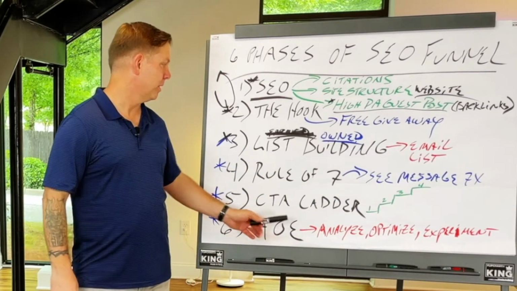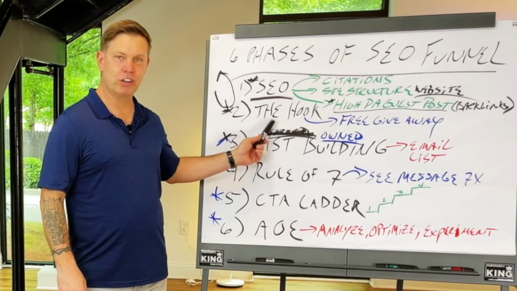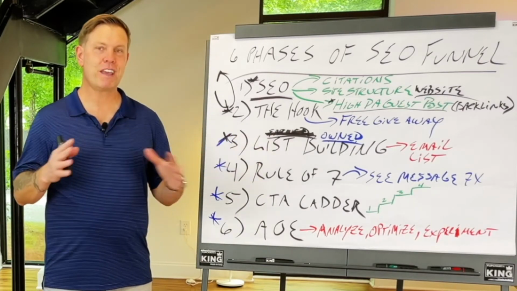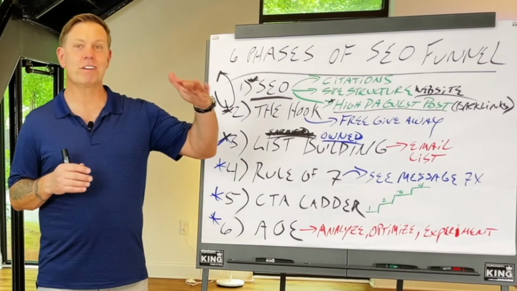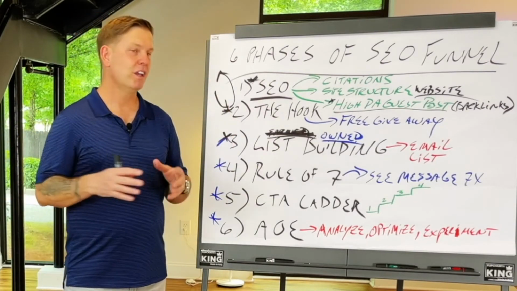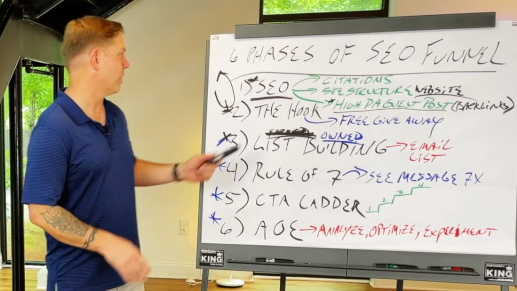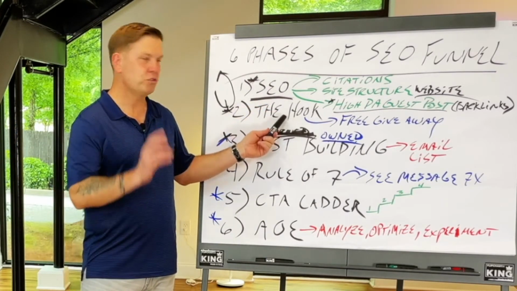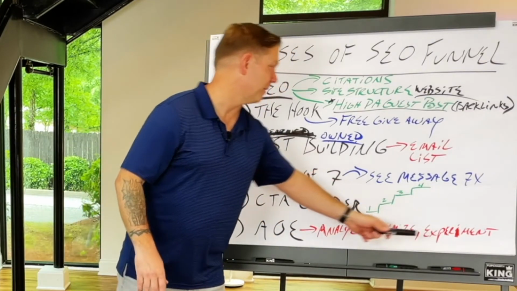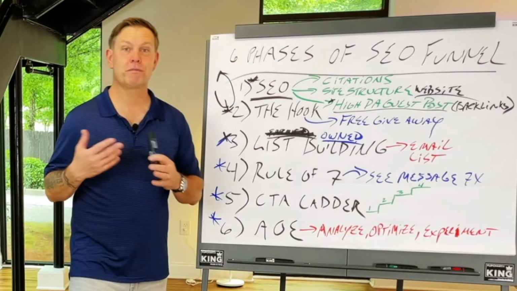So for example, let's say you're trying a particular hook and you see that the free giveaway is not working really well. So maybe it's like you enter your email and watch this free video, and that's just not working really well. I got great rankings and I see our traffic increasing. So you try something different. You experiment with something different. You switch it to a free ebook,